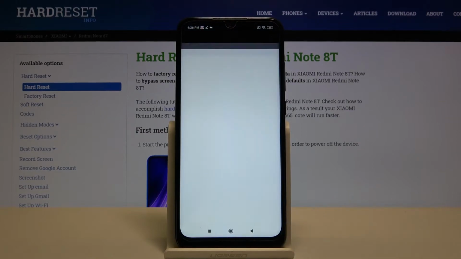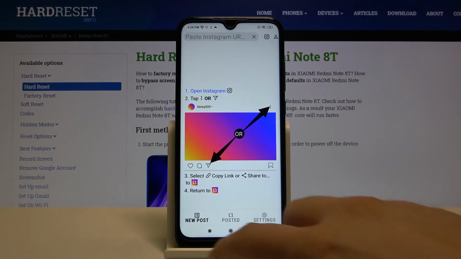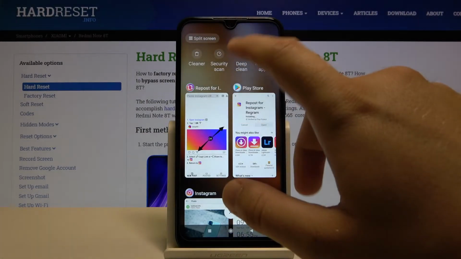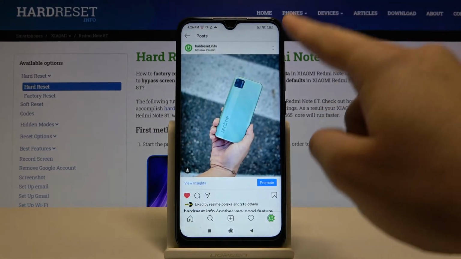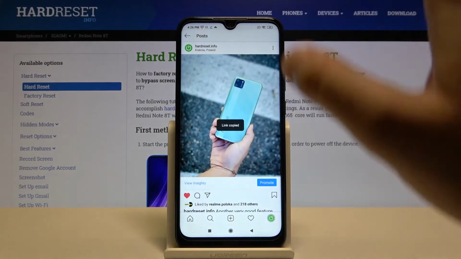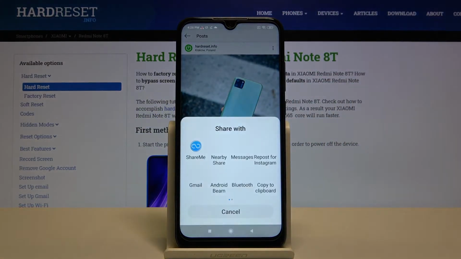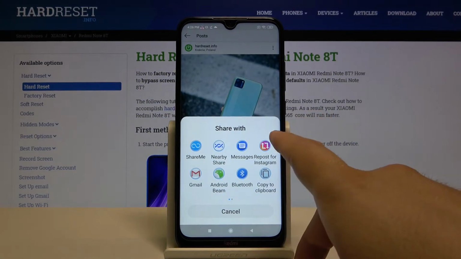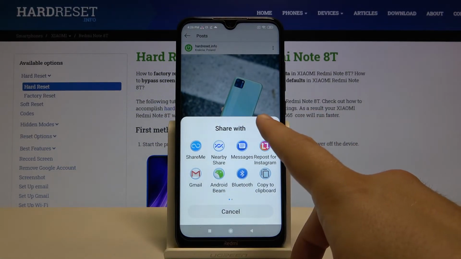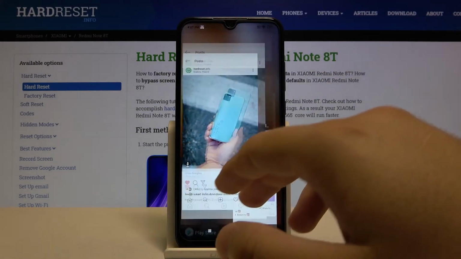Right now we can open this up, and here is the description and instructions on how we can download the pictures. So we are going to our Instagram, and we have to tap right here when we have the picture selected, click share to. Oh, I just misclicked. We have to go to the share to option, and here we have to pick our Repost for Instagram app. So let's go for it, and right now just simply open this app,